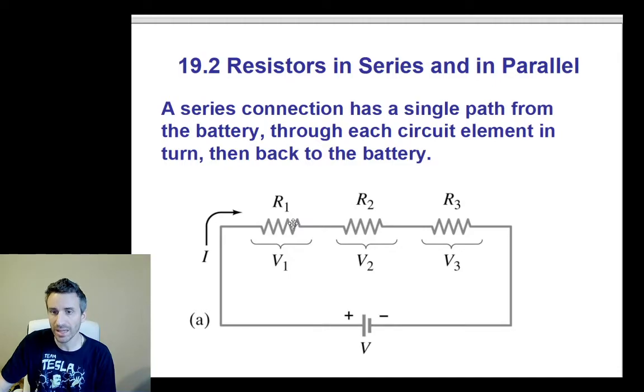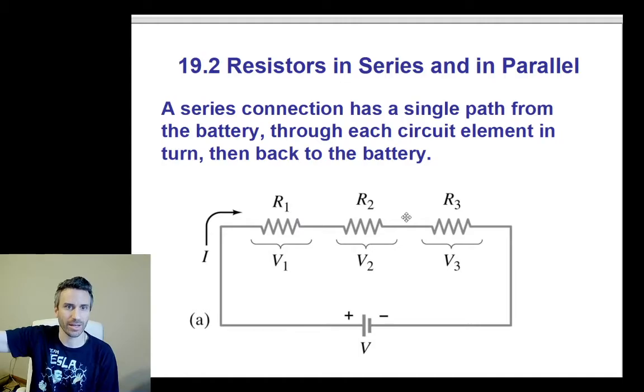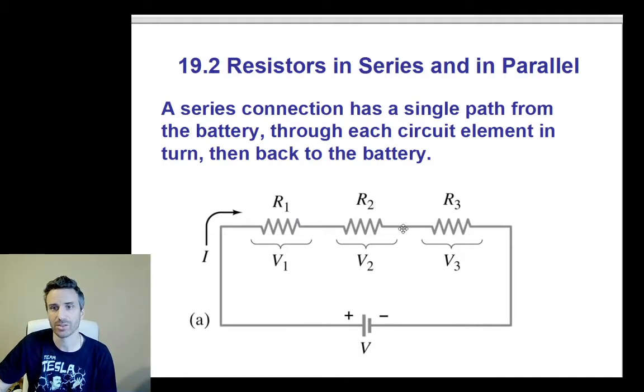You go through one, and then you have to go through another, and then you have to go through another. By adding more resistors, you now have more resistance preventing you from getting to your car and getting the heck out of there, right? So by adding resistors when in series, you're adding and increasing the equivalent resistance. However,